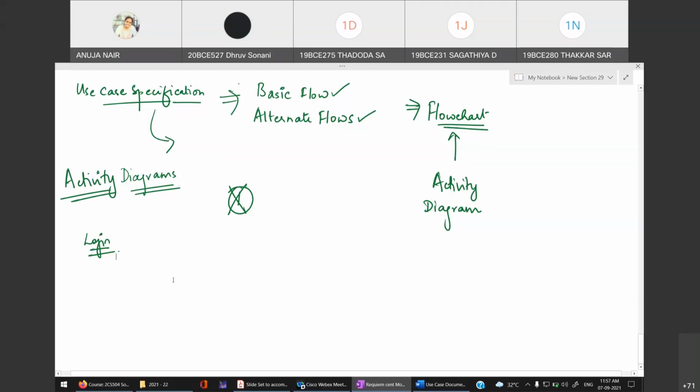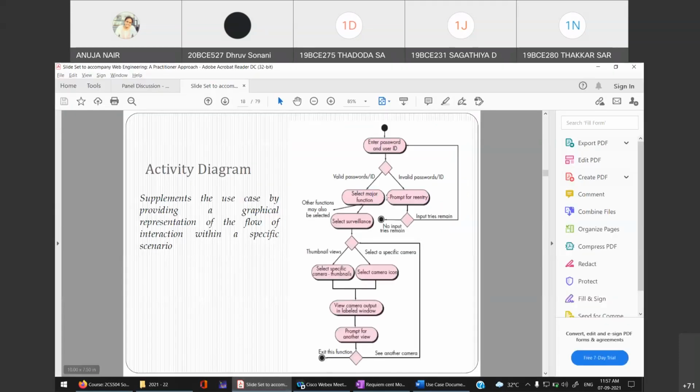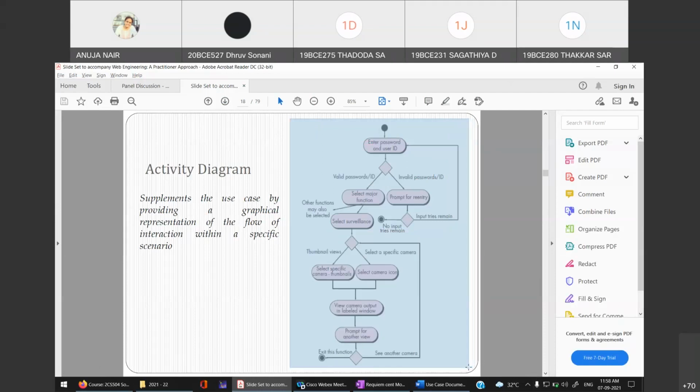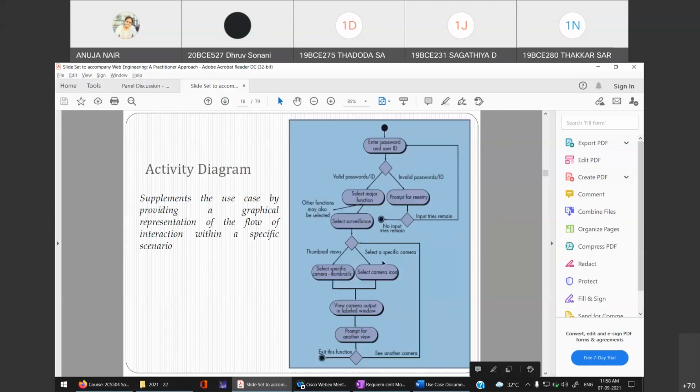Okay. Now swim lane is again very simple. What you do in swim lane, can you tell me whether this activity diagram is use case wise or actor wise? If you see the representation of this activity diagram right now, are the actors involved over here? The actors are not involved, right? It is use case wise, it is requirement wise.